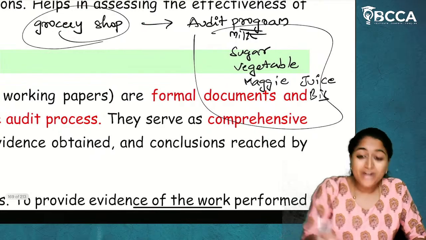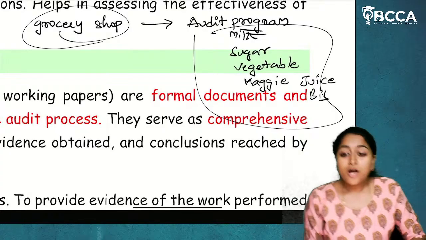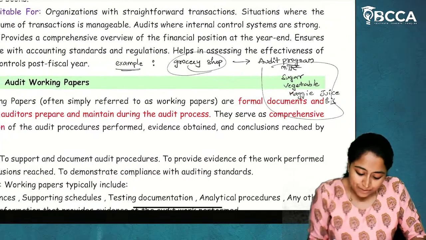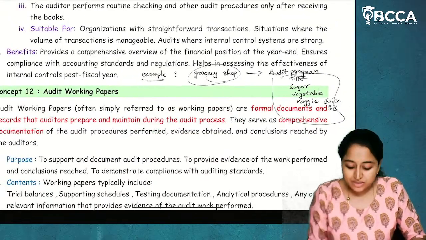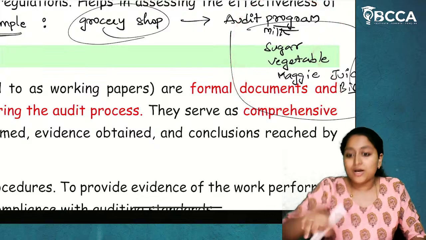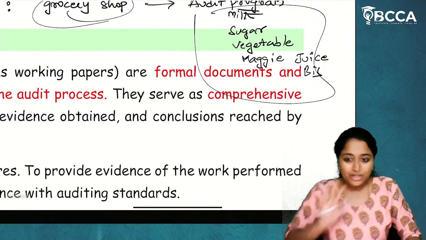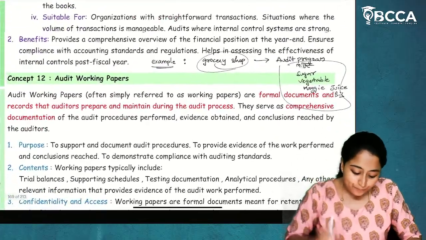Now, what is audit working papers? Audit working papers are formal documents prepared and maintained during the audit process. So, in this audit process, when you are doing the audit, as a proof